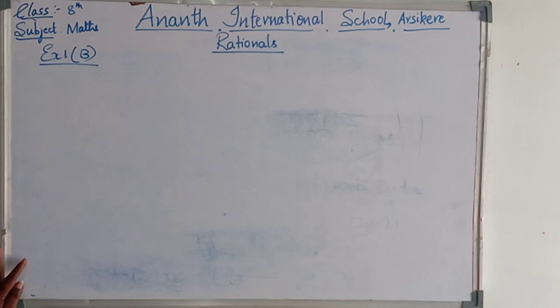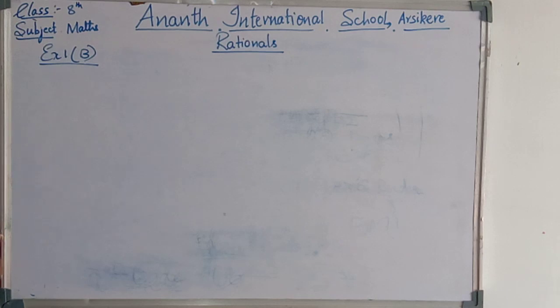Even for subtraction, the commutative property never holds good, the associative property never holds good, and the distributive property never holds good either. I may show you how the commutative property never holds good for subtraction. The associative property needs three rationals, and in that also, subtraction will never hold good. Even the distributive property never holds good at all.